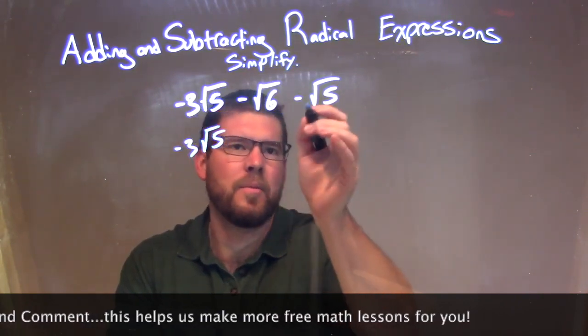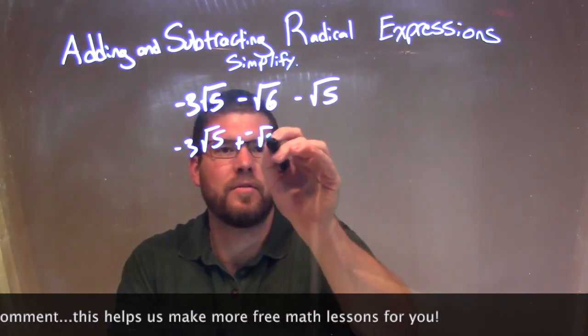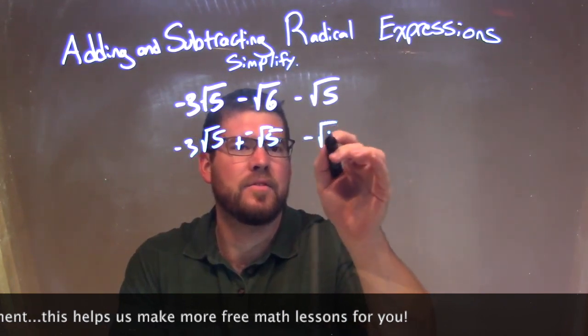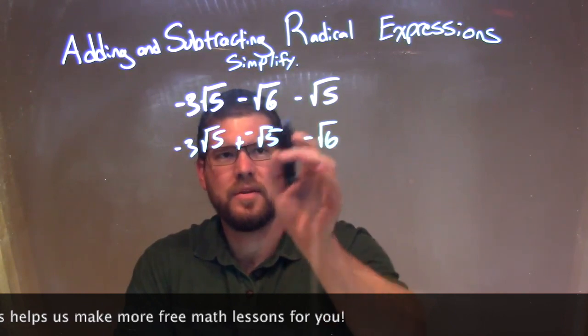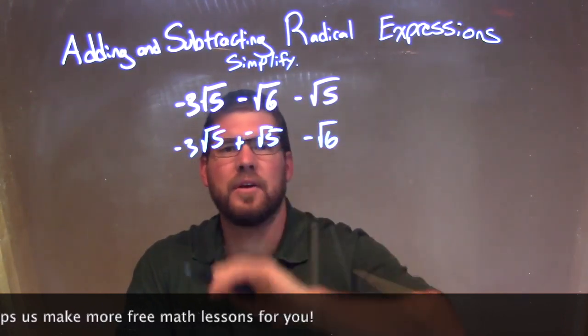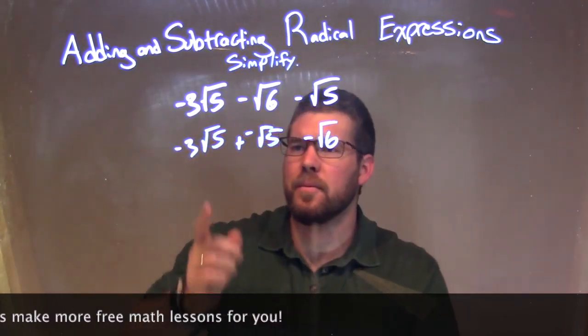Let's make it, if we make it with a plus and negative square root of 5 there, and then we have minus square root of 6 right there. Okay. So sometimes it's a little easier to see it as a plus and negative, so I brought this minus square root of 5 right here as plus and negative square root of 5. So now we have